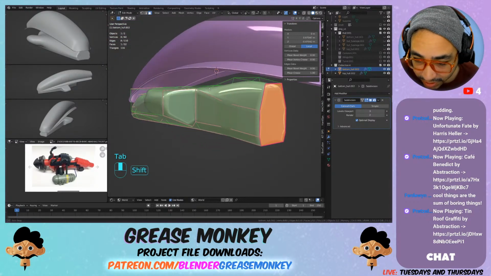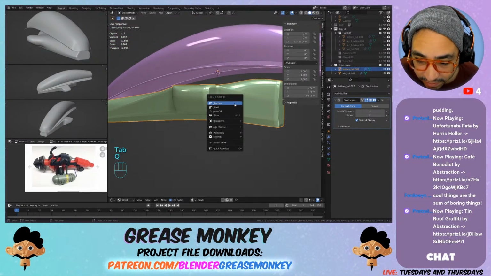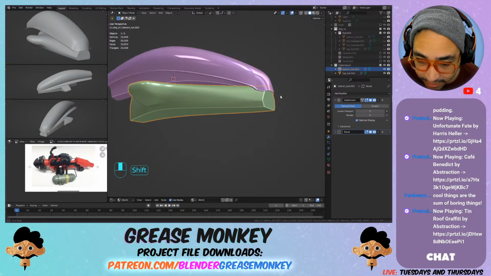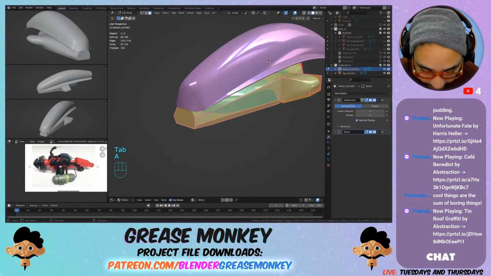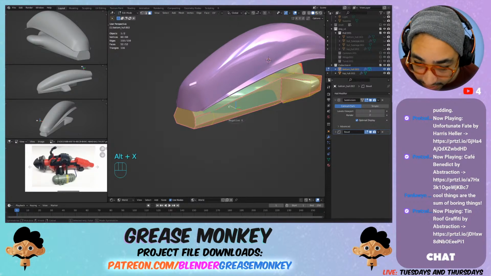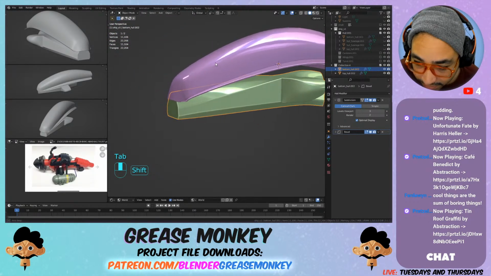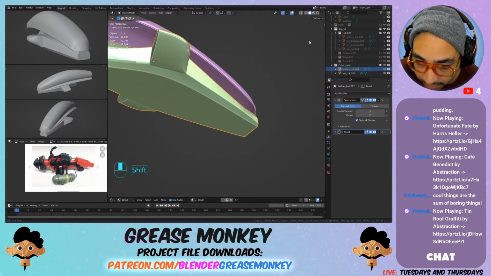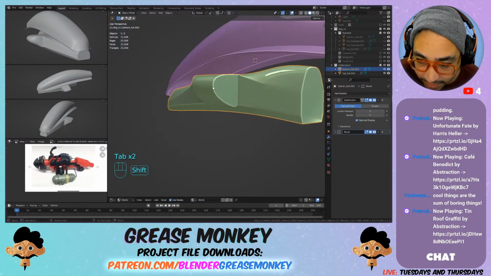There's definitely some weird shading and stuff happening over here. Let's see if we add in a bevel, if that'll make it look cooler. It kind of does look cooler. Ah, but we forgot to mirror the other half. Okay, we symmetrized it. There we go. There's some weird stuff happening in the back that maybe I want to fix, but